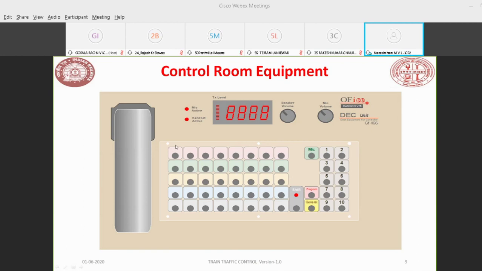You can nominate any station code, so that by simply pressing a single button, you can call the station, unlike 2 digits in your conventional DTMF equipment. This numerical keypad is used to dial the local terminating equipment. You are having 20 telephones in your headquarter, so you can use these 10 buttons for calling those. Here you are having 2 volume buttons, one mic volume and speaker volume. You can adjust them with these adjustment knobs. So this is the display. You will have the display of the dialed digit. Here one more button is there, mic button. This button is also used in your programming.